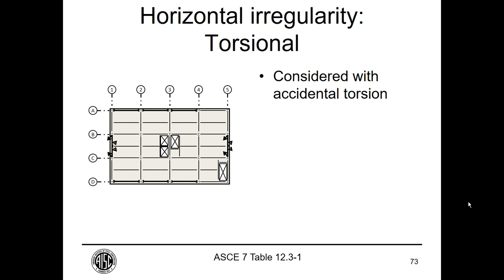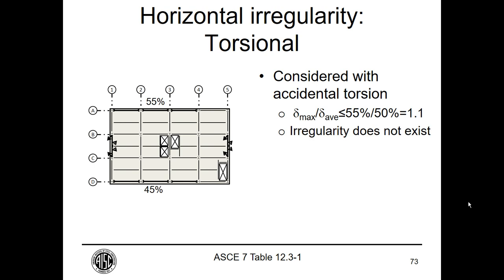Okay, so if you do have the torsional irregularity, you need to strengthen it. Our building is very regular, so even with offsetting the mass as we're required to do by 5%, that can't have an effect of more than 10% on that maximum displacement. So in neither direction can we have that torsional irregularity because we're essentially symmetrical and have our lateral system at the perimeter. If we were symmetrical and had our lateral system in the interior, the effect could be much larger than 10%, but at the exterior it's limited to